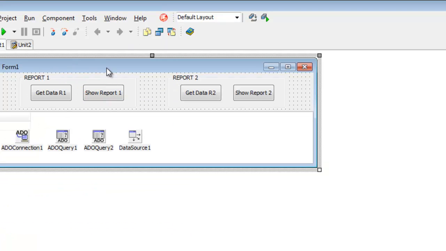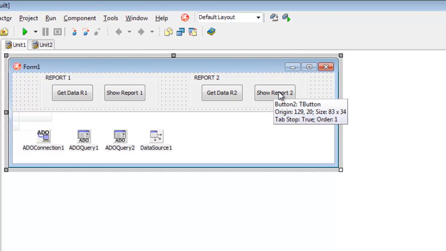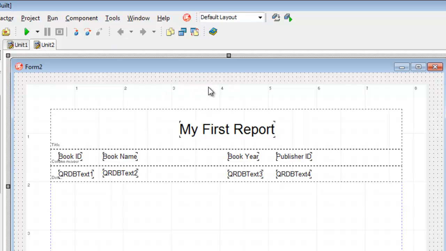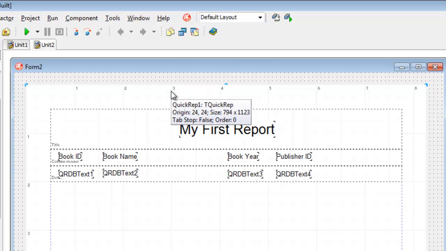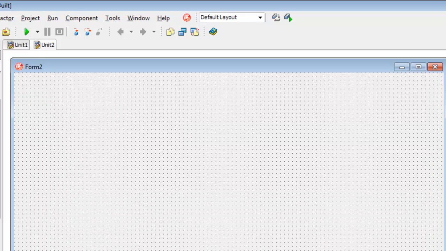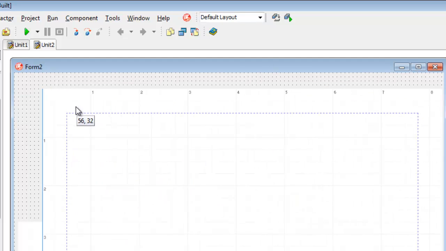Okay, we still in the form 1, and now double click on show report 2. Yes, before that I'm sorry, we have to go back to the second form. Move the first quick report to the bottom and add another quick report component to the form.